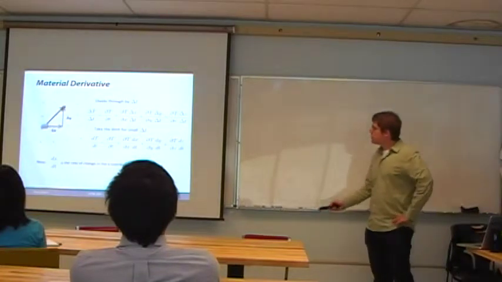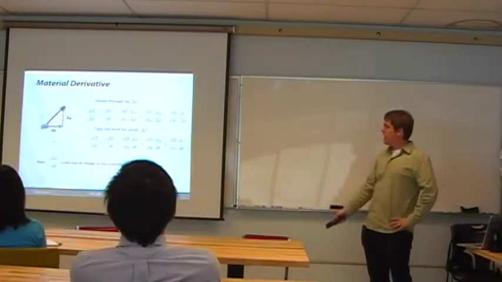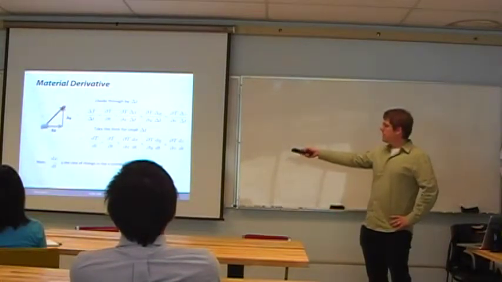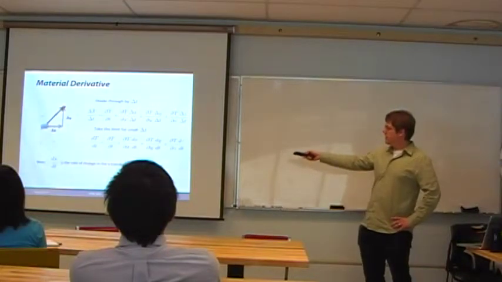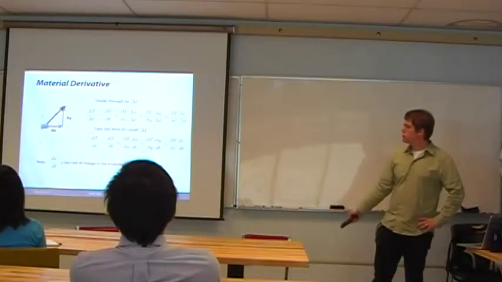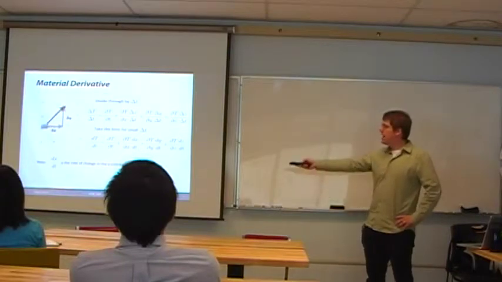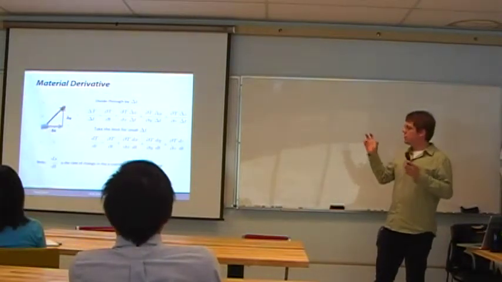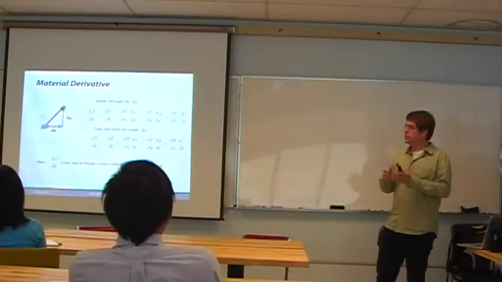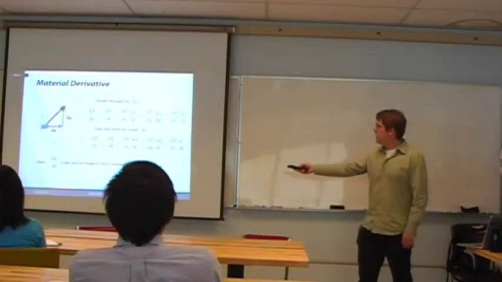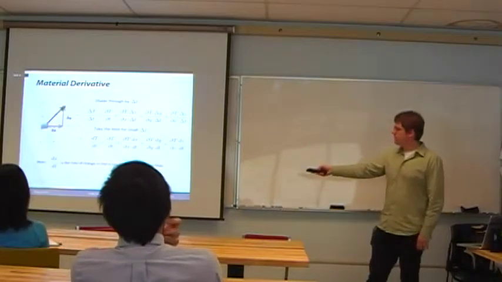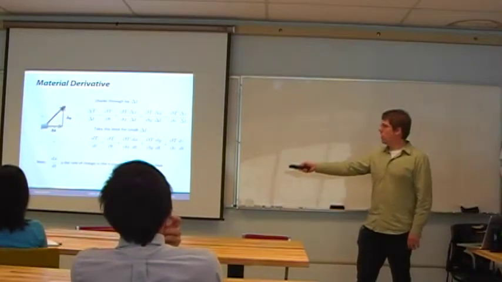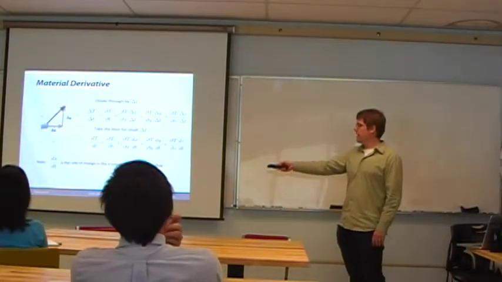So if we divide this expression through by delta time, then we obtain this expression right here. Note that the delta time then disappears from in front of this partial derivative of temperature with respect to time. And then we take the limit for small delta time, in which each of the coordinate directions will also go to 0. And so they end up being Lagrangian derivatives following the fluid parcel. So here we have a Lagrangian derivative following the fluid parcel of temperature,